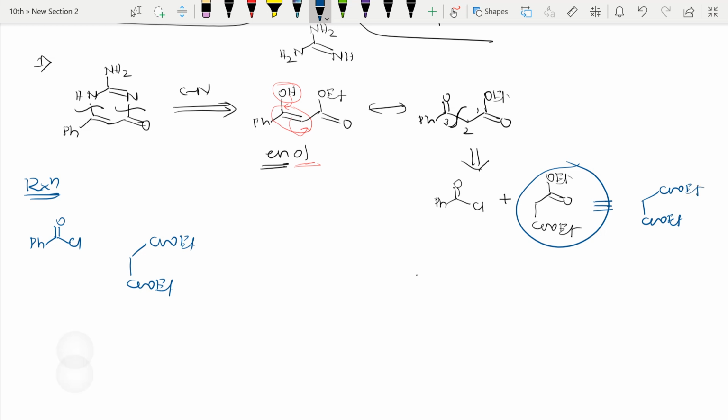So in the presence of base, this proton will be acidic, so the base will abstract this proton, so this negative charge will be there on the carbon. That negative charge will be stabilized by that electron withdrawing group, right? Those things you know. So I will just rub it out, and put the negative charge, so that the negative charge will be stabilized.